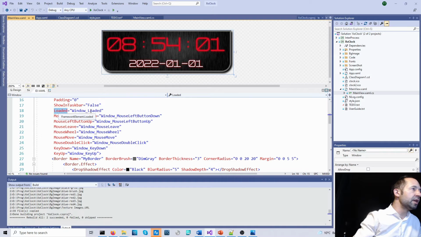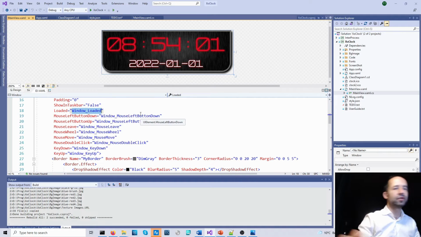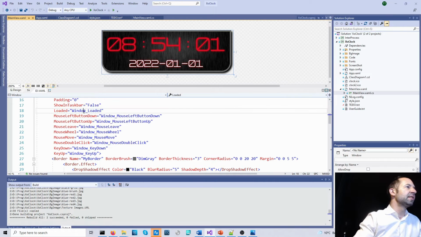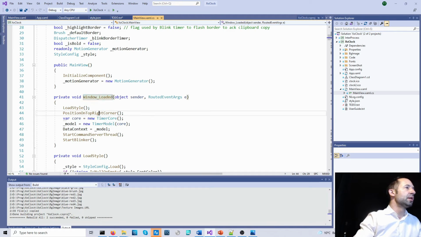The loaded event is triggered when the window is loaded, and it is indicated here that this method should be executed once the window is loaded. So one more time, when the window is loaded, it will trigger this method, which will set the data context to the model, which is a timer model, which has been injected a timer core.